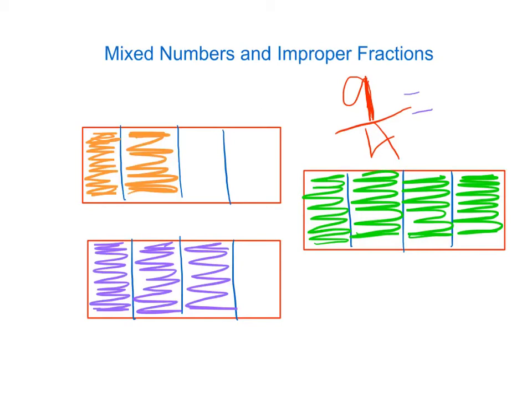We could take another 4/4 out of there, so then we know we have 2 wholes, and there would be 1 left over. That, or we always need to look at this line because in years to come, everybody will need to know that that line actually represents division. So we could ask ourselves, how many times does 4 go into 9? And we would know what? 2. It would be 2 times,